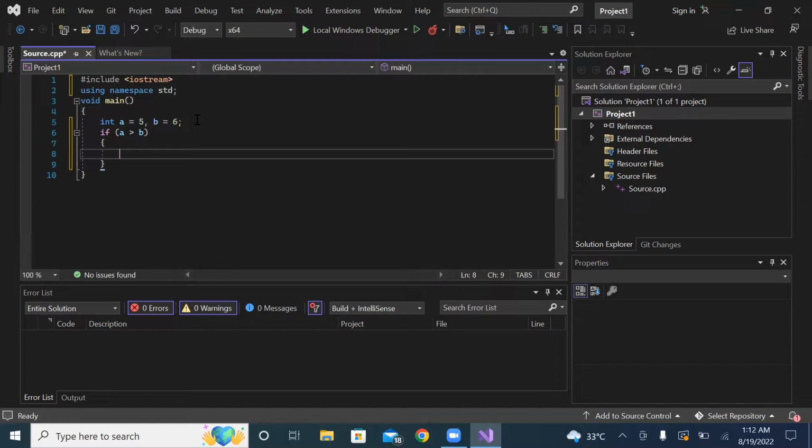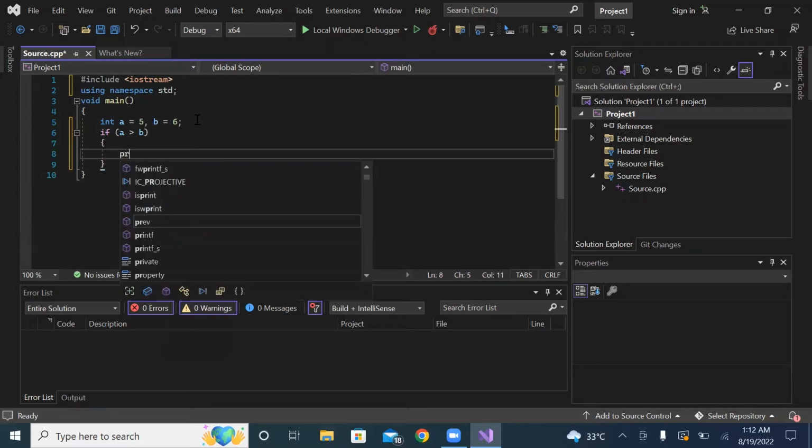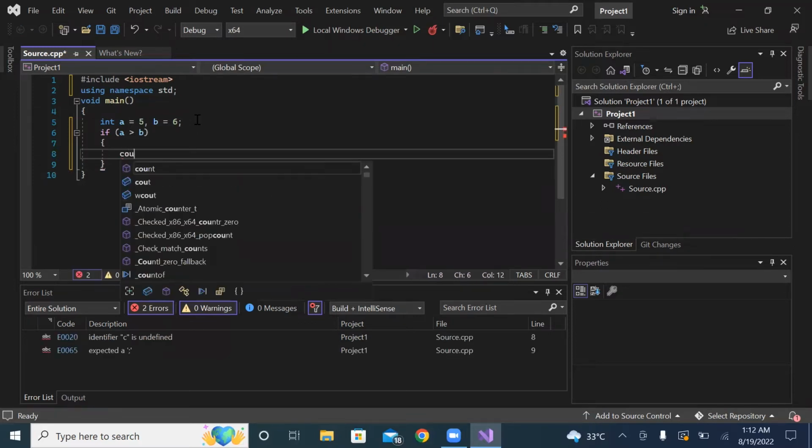You have to write if, the keyword, first, then you have to put the brackets, we call them parentheses. In the parentheses you have to write the condition. Here the condition is written with the help of an arithmetic operator. You can also use a logical operator depending on the requirement of the program. And after that you have to put curly brackets, and in these curly brackets you have to write the body of if statement. So let's suppose I want to write cout